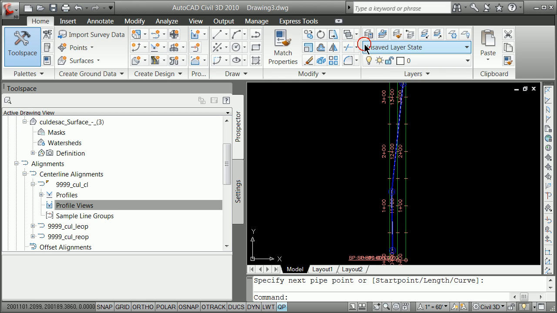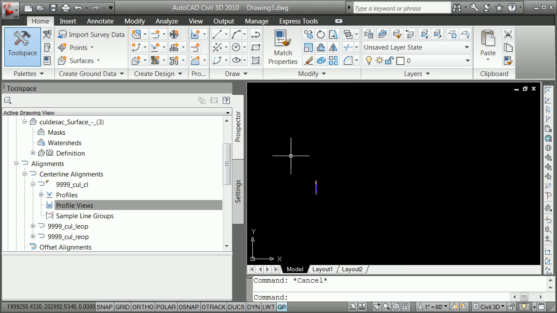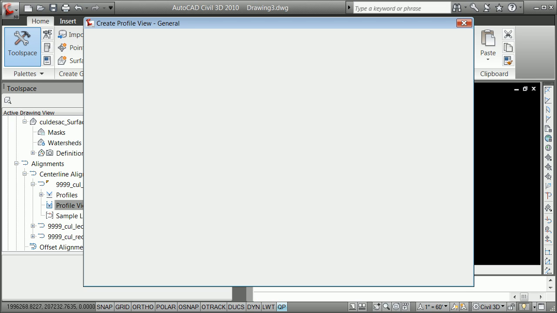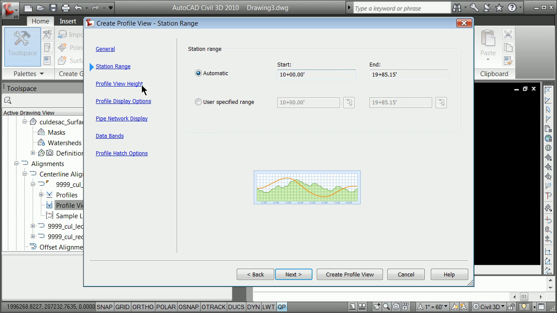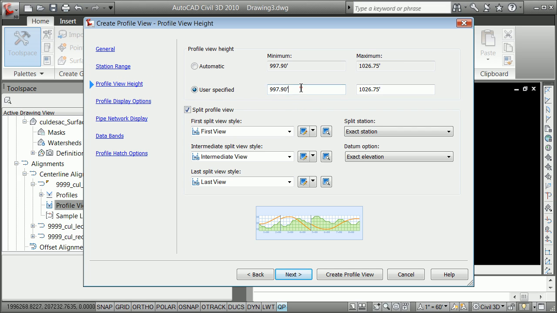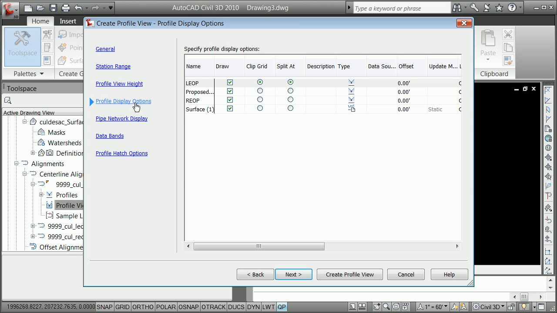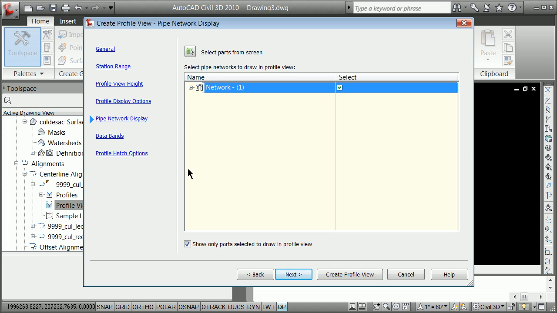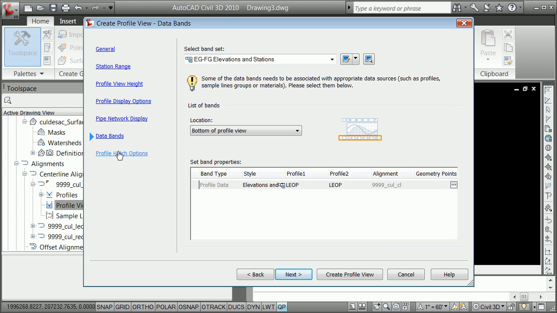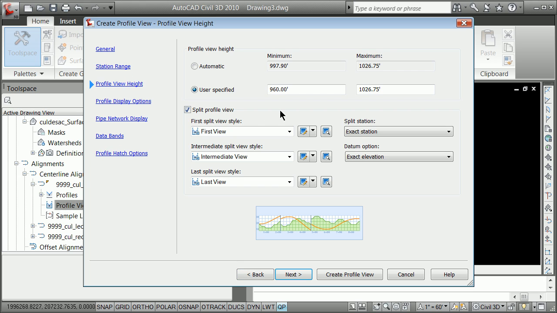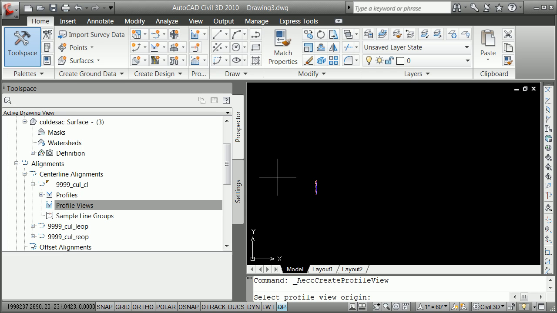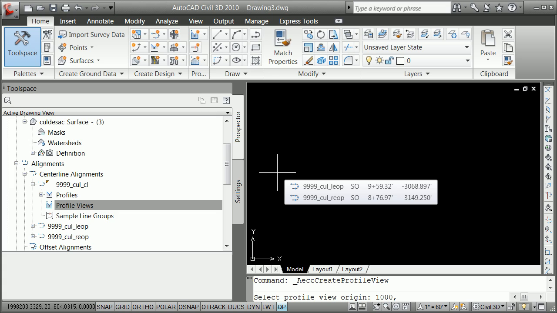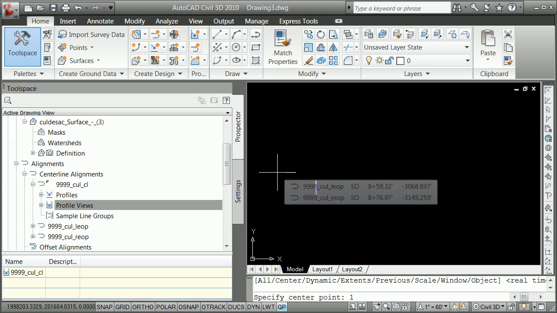Once you've got this done, you can go back now and create a profile view. You remember that station range from there. The view height, we want this to be a lot lower. Maybe we'll go with 960.00. This doesn't take. You're going to notice here you've got something you can set. You can tell it to put in the pipe network, or else you can do it later. Go through all these different bits back to that profile view height, 960. You're going to create a profile view, 1000 elevation. Station 960, 0. Zoom center 1000,